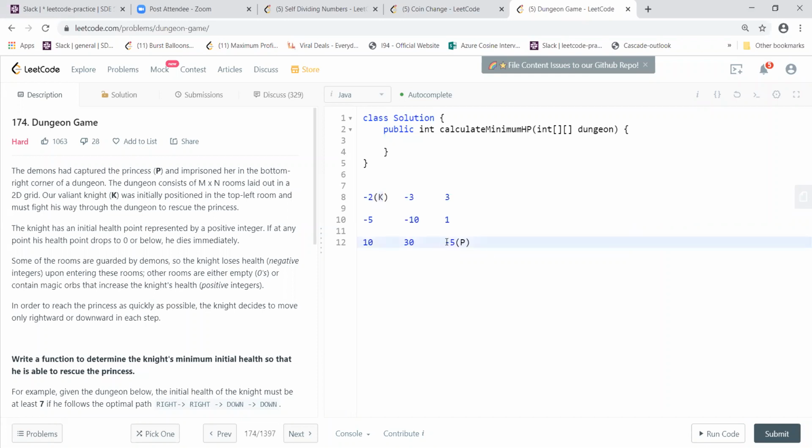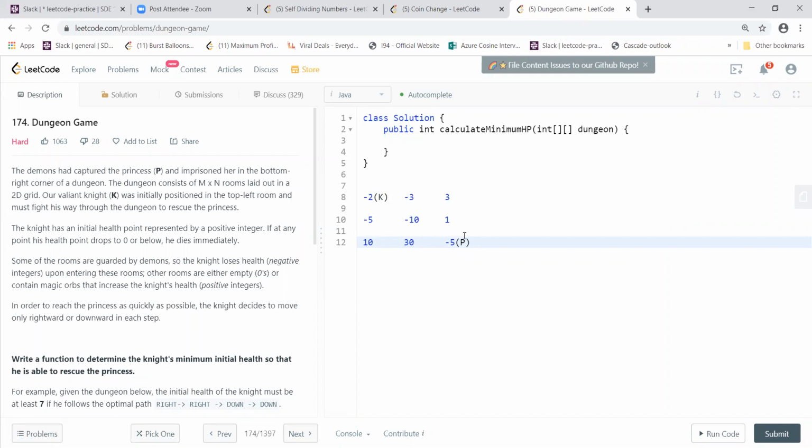He has to rescue the princess, and he has to go through different cells to get to the bottom right, and each and every cell has some positive and negative numbers